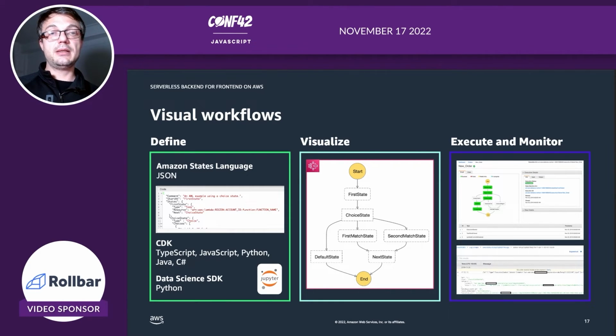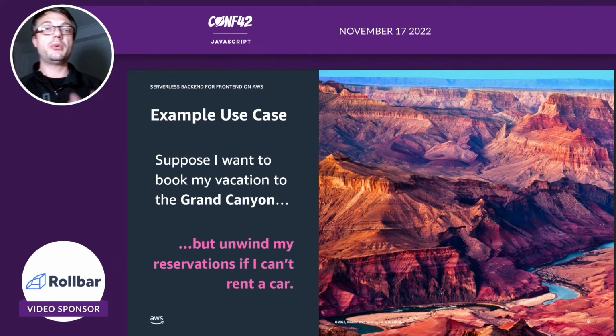And let's look at an example of how you can utilize Step Functions to implement different workflows for your backends for front-end applications. Let's imagine an example case where we are building a booking service, and in that booking service we will need to, for example, book a flight, a hotel, maybe rent a car, and add maybe some additional things, and